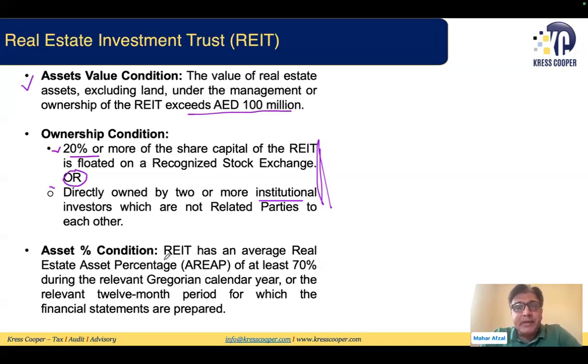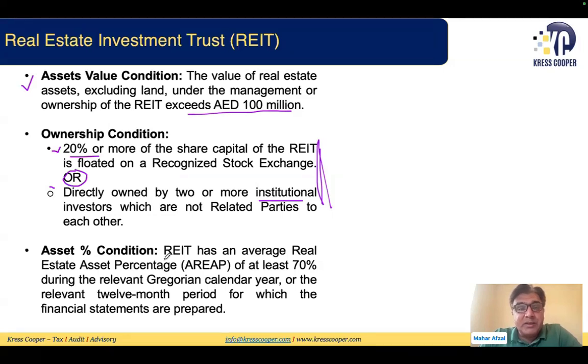I'm repeating, the assets that are being used to generate the real estate investment income, those assets should not be less than 70% of their total assets. And when I'm asking about the real estate investment income, it will not be including any gain or loss from the real estate. Other than gain and loss from the real estate, meaning on a daily basis they are buying and selling. So those gains and losses, basically such assets that are being used, will be considered over the total